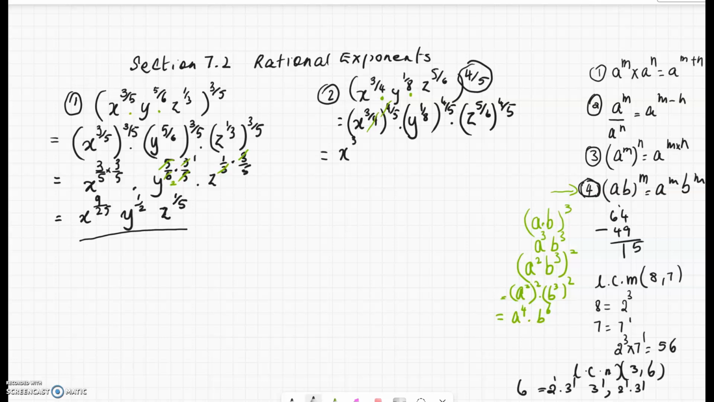because it's going to be x to the 3/4 times 4/5 times y to the 1/8 times 4/5 times z to the 5/6 times 4/5. This is equal to, cancel common factors, x to the 3/5 times y to the